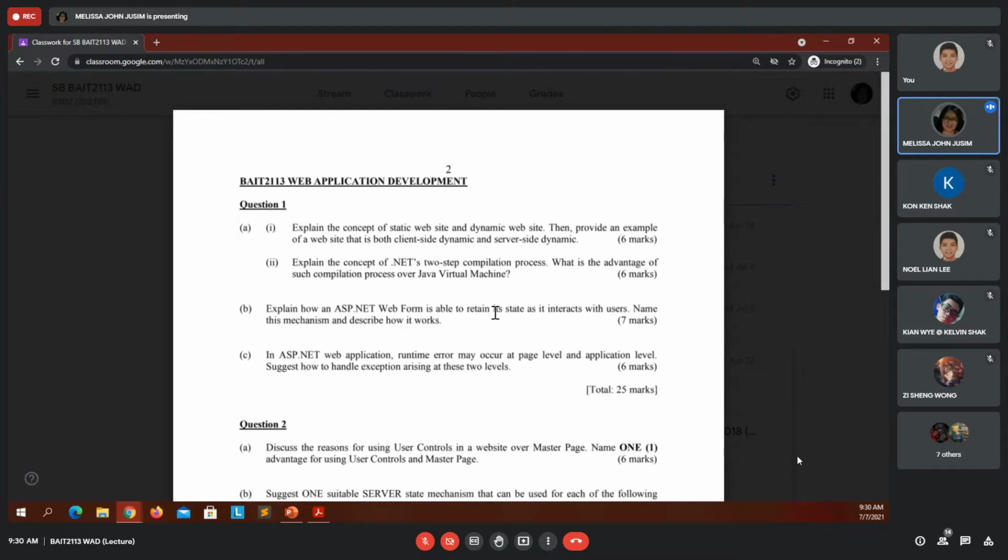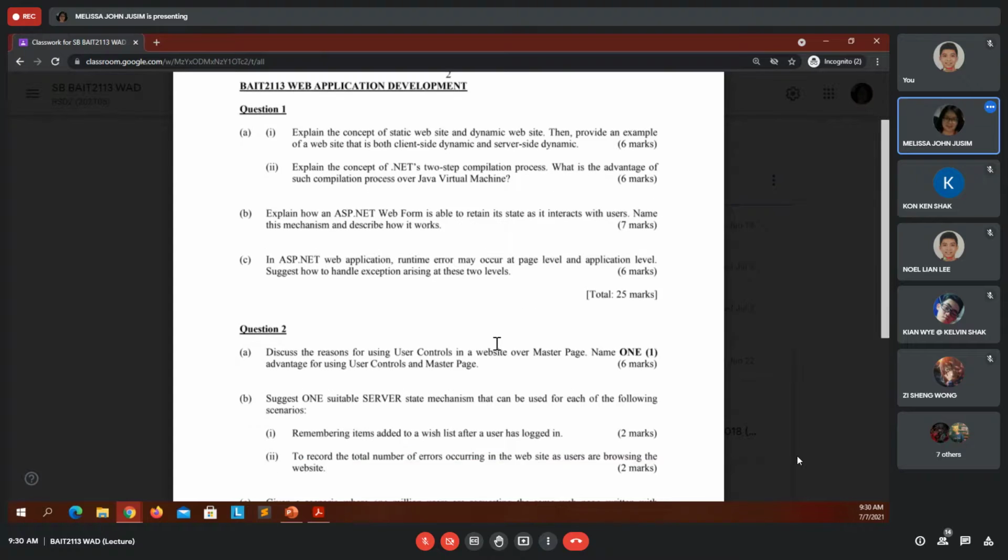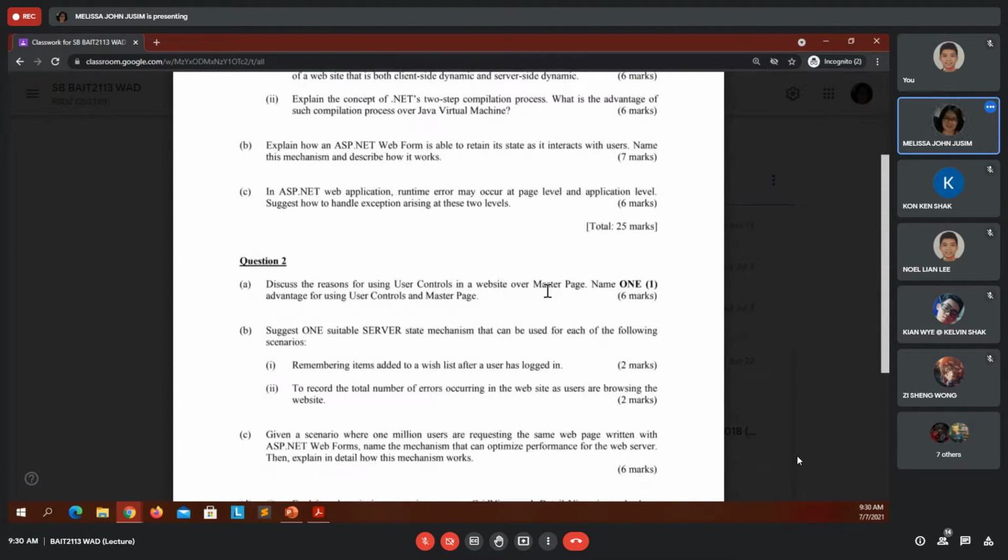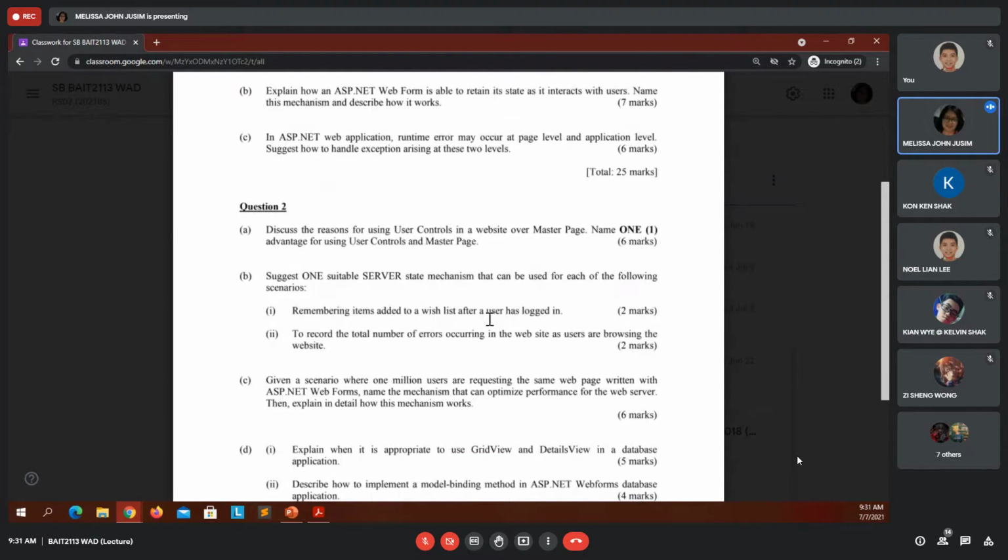Master page is quite a popular question. This is from our chapter 2, right? A server state mechanism, I'm not sure whether this is also from chapter 3, remembering items added to a wish list.